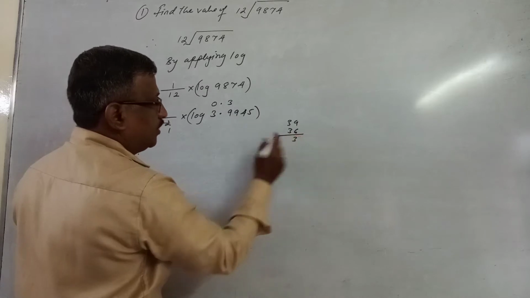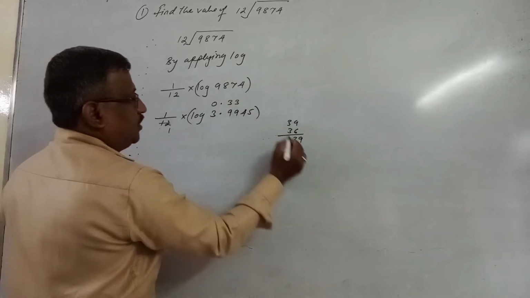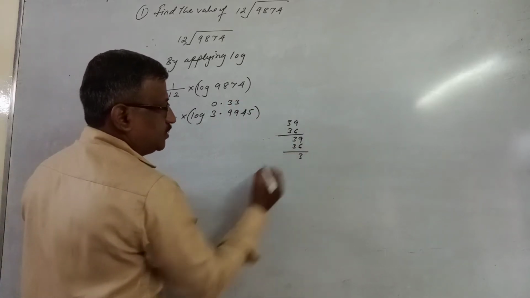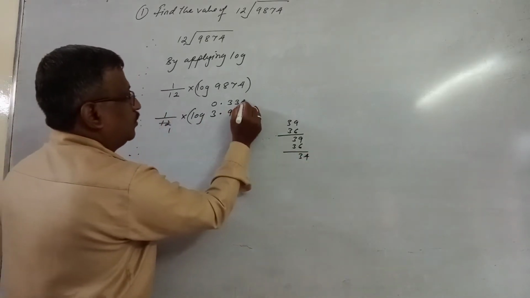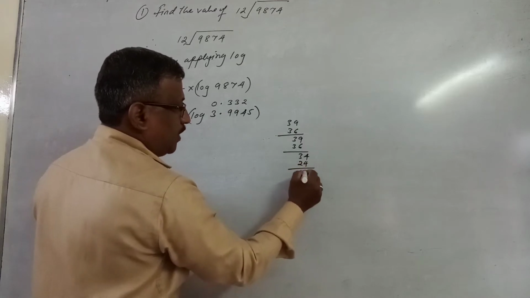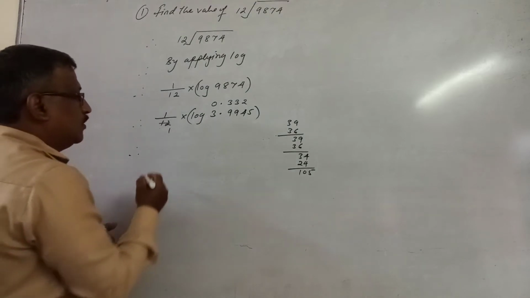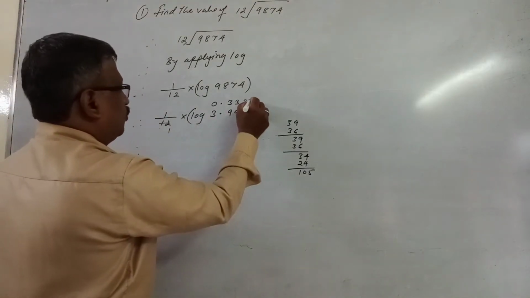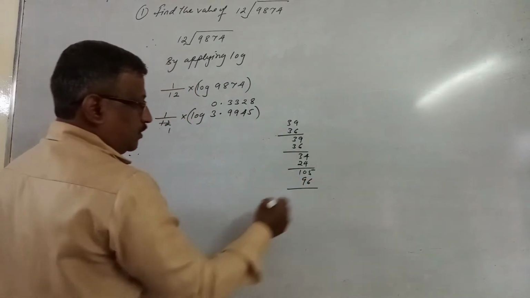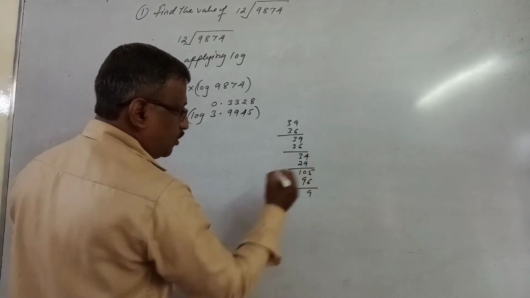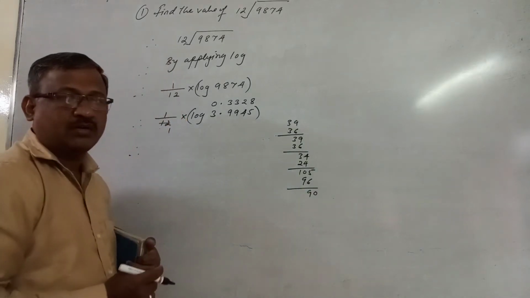Balance is how much? It is 3. Now draw the next digit, 9. 12 3s are 36 again, balance is 3. Now take the next digit, 4, it is 34. 12 2s are 24. Balance is how much? It is 10. Now take the next digit, 5, it is 105. 12 8s are 96. Minus this, you will get 9. Now after 5 there are no digits, and when there are no digits we go on drawing zeros. We have to take the 0.